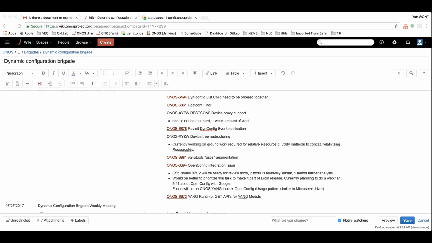I remember one thing. I brought up the device dynamic config event redesign discussion on the email thread. If people have an opinion, if you could provide feedback to the thread, that would be helpful. I tried to describe the rationale why we would like to have the actual data object itself in the event payload. Yeah, I recall that. So if you have some time, take a look and please give your input to that thread. Great.